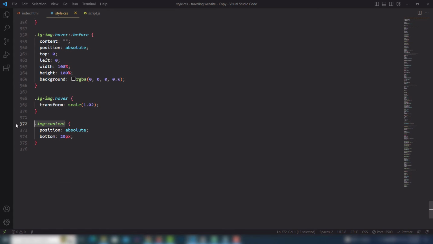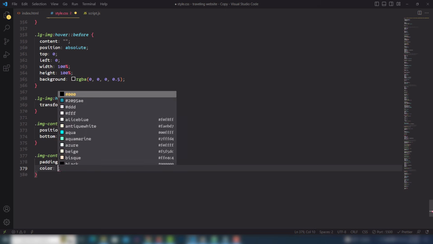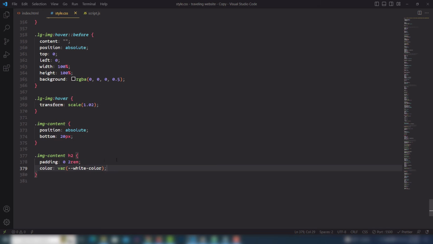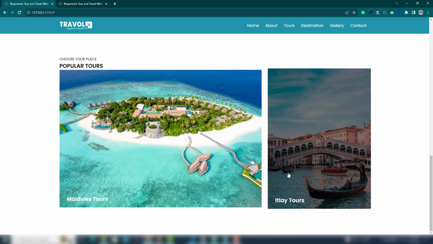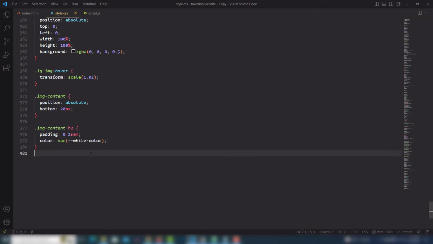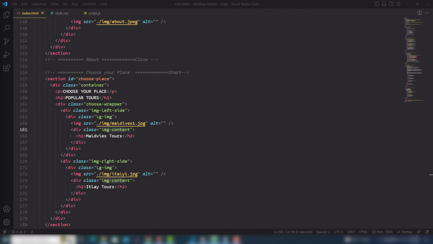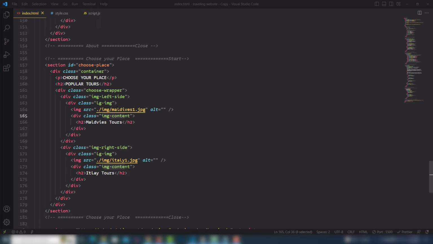And yeah, I need to work on the h2 tag which appeared inside the content area, and I'm going to use padding 0 and 2rem to left and right. Also I will use color white. So look at that, right? Don't focus on that, we're gonna add the classes inside there, right? So yeah, I think that's perfect on there, but I need to add, in a minute, a few classes inside the choose places. The first one is this one,